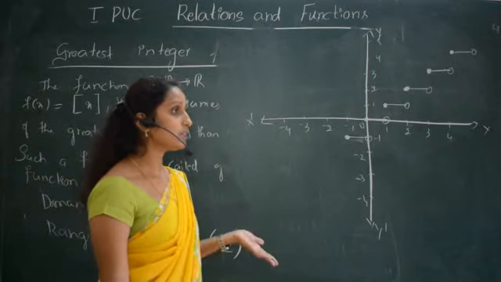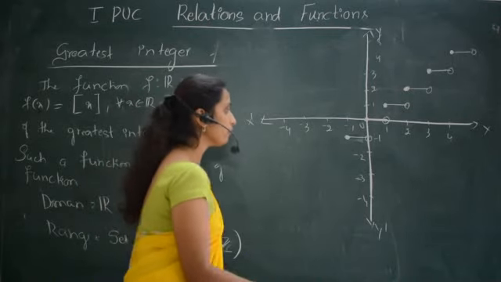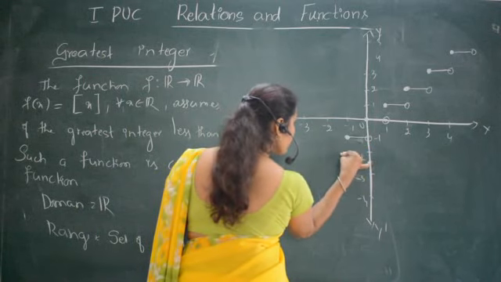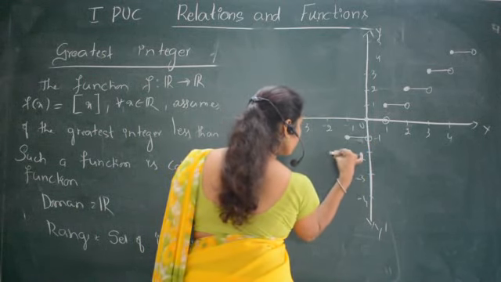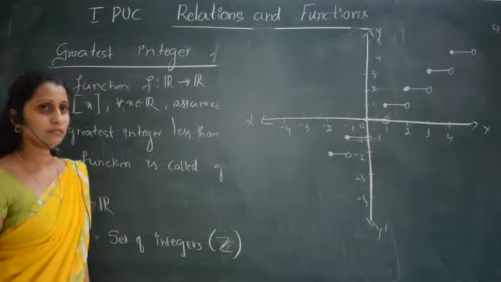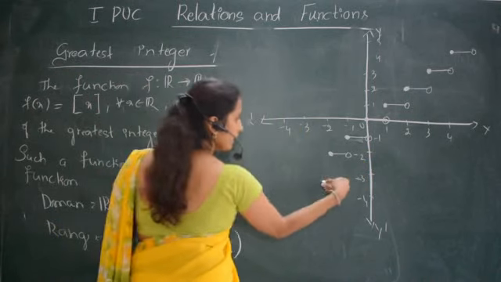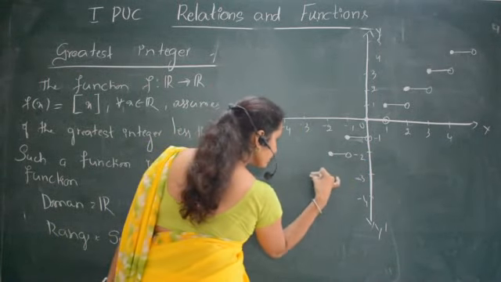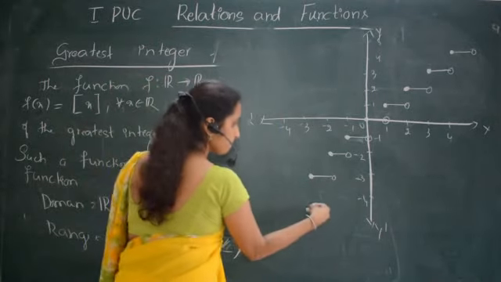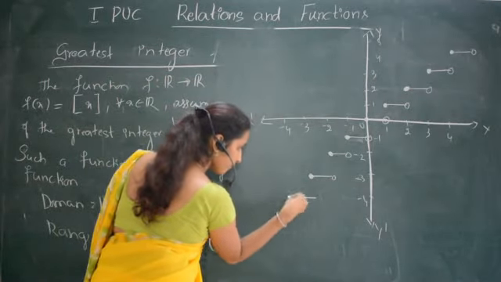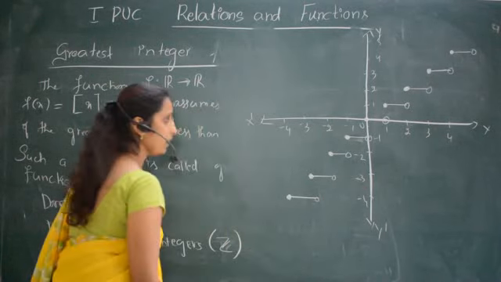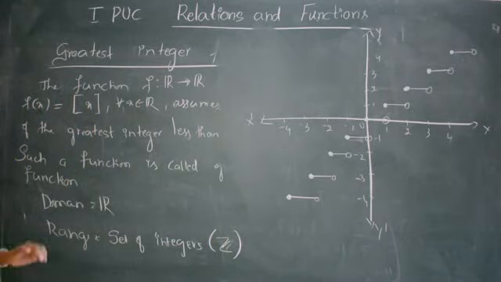But when it is minus 2, it is minus 2 only. Therefore, for all these, this will be minus 2 to here and excluded. Again, in this interval, it will be from here to here. This is included, this is excluded. Again, included, excluded, and so on. So this is the graph of the greatest integer function.